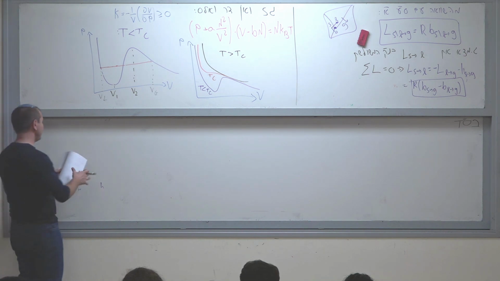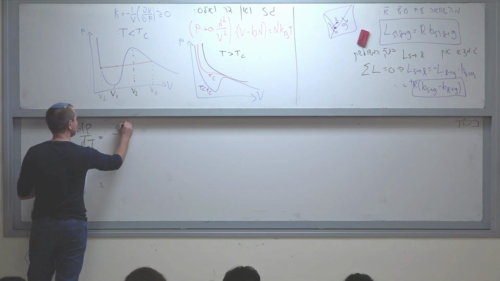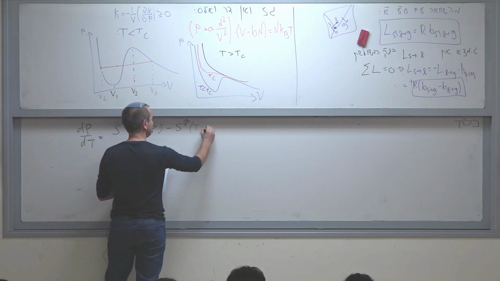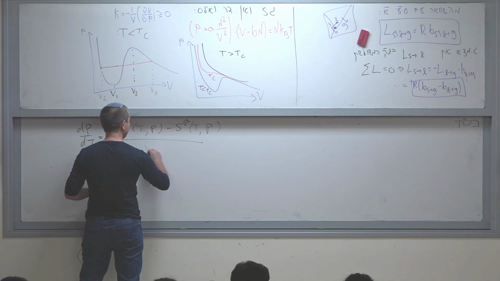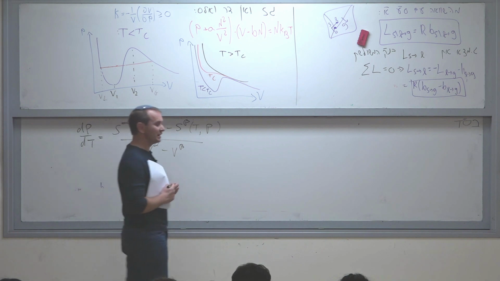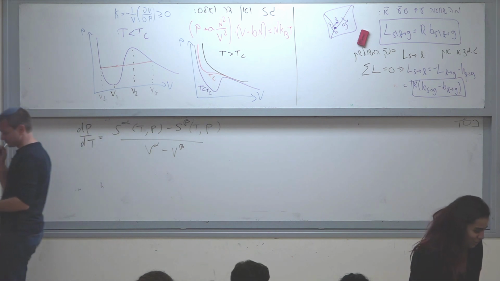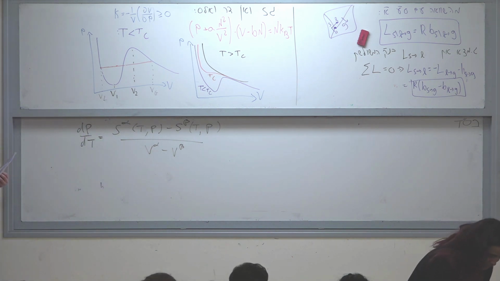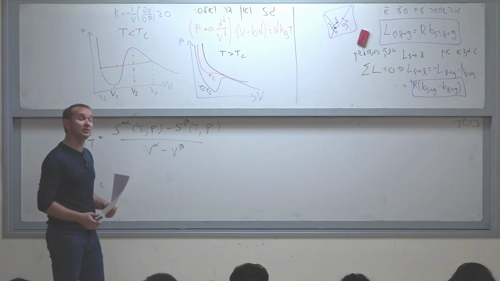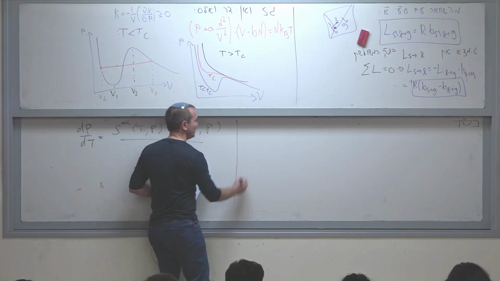Okay. So we finished with this equation in mind: dP/dT equals (S_alpha(T,P) minus S_beta(T,P)) divided by (V_alpha minus V_beta). This is the Clausius-Clapeyron equation, and it determines the coexistence line between the two phases. Right. Now, what we will do next is explore a little bit the coexistence and the properties of those phase transitions. Specifically, we will focus on what happens on phase transitions